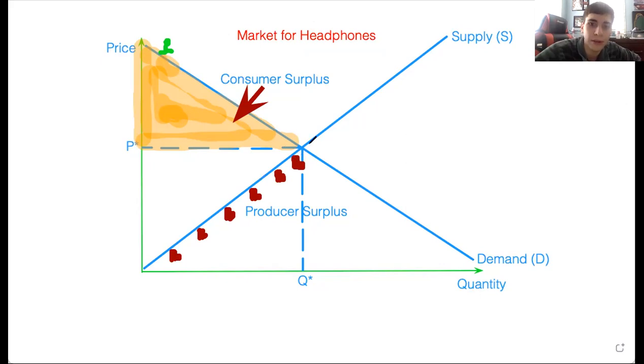Let's say Bose are up here because I know they're expensive. So there is going to be somebody, right? There's going to be somebody, this little stick figure, that wants to go and buy a pair of Bose headphones and is okay with paying 400 and some bucks for a pair of headphones. And that's basically what keeps these areas, the consumer surplus and the producer surplus, into these boundaries, because there's an